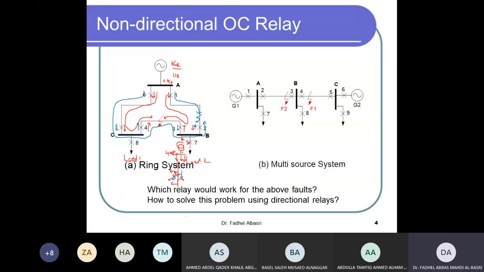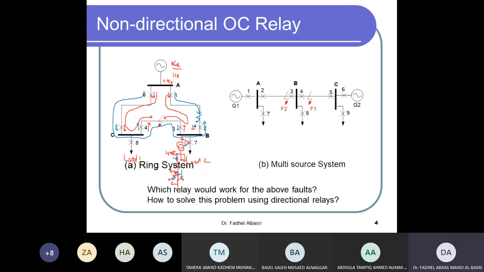It doesn't go in the other direction. And this 7, suppose this is the 7, only flows in this direction. Okay, because I have no source at this end that feeds back a current, and so there will be no